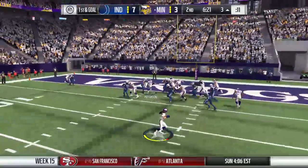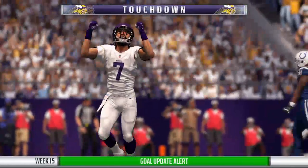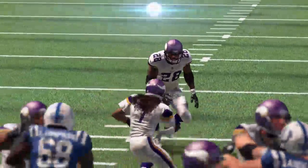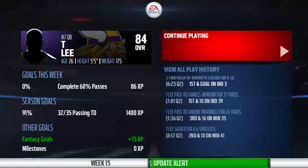And don't think for a second. And he will take this one into the end zone for a Viking touchdown. Adrian Peterson, his 9th touchdown of the season. And the Vikings are able to...